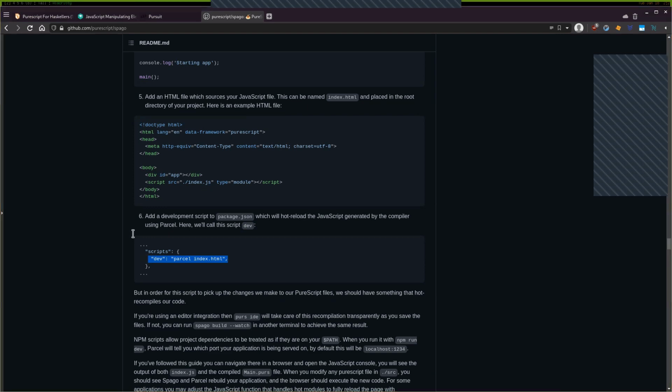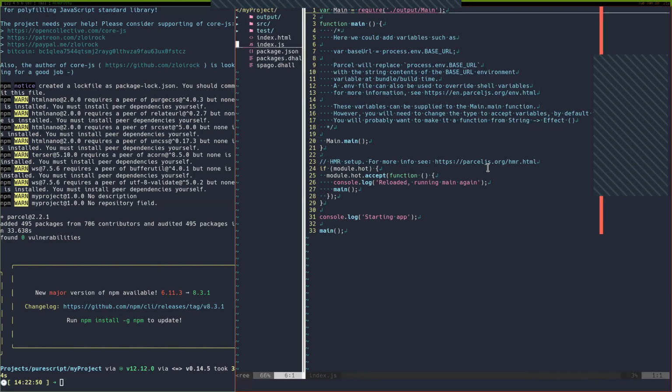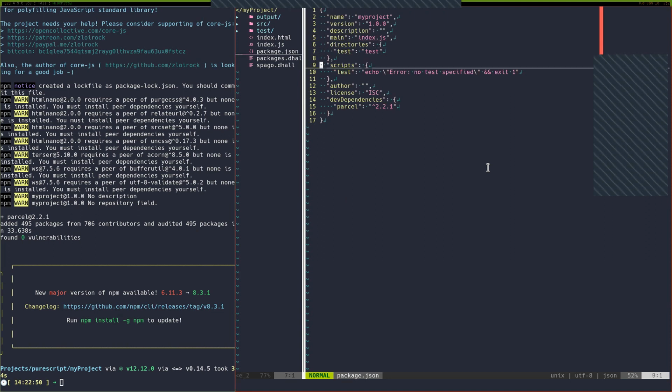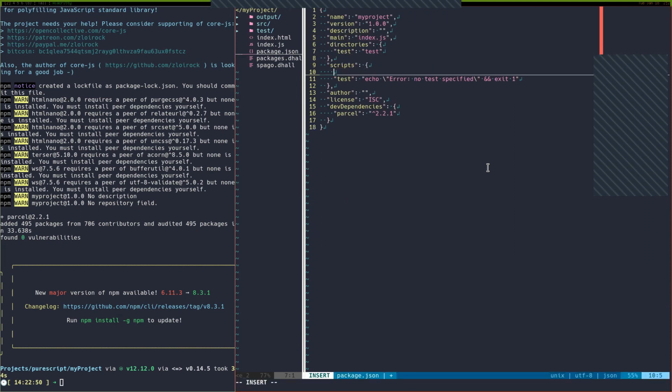For those of you who might be new to the NPM ecosystem, this works a little bit like a makefile, you might say. So here we're defining scripts, and the nice thing about them is they are scoped to include our specific dependencies. So some people might not just use Parcel for this. They might also actually bundle the precise version of their Purescript compiler here in your NPM package so that it's giving you the correct versions everywhere. You can also build up a makefile, of course. That's fine too. That's better if you're using like Nix, I think.